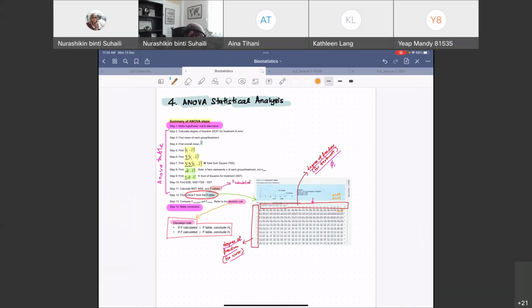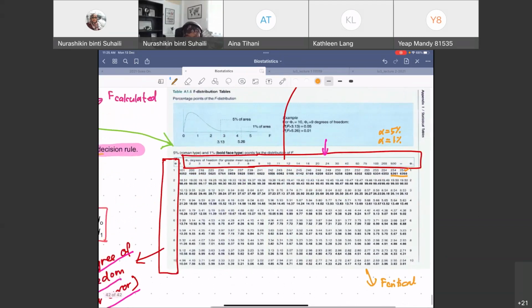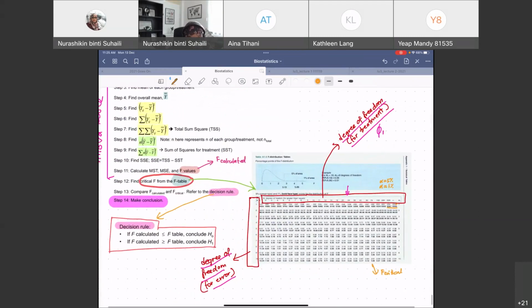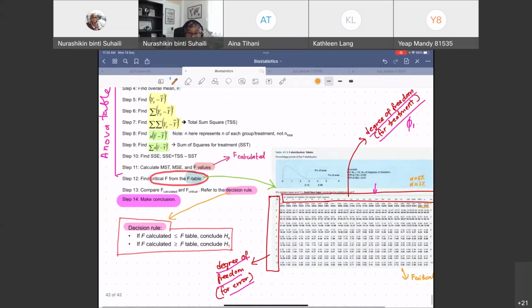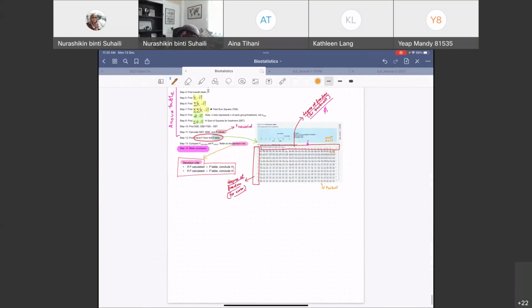Once you find the critical F, whatever the values here, these are the F critical. Once you get the F critical, then you proceed with step 3, compare the F calculated and F critical, and you make a decision based on this rule. And step 4 is you make a conclusion. Those are the steps. So let's have a look at